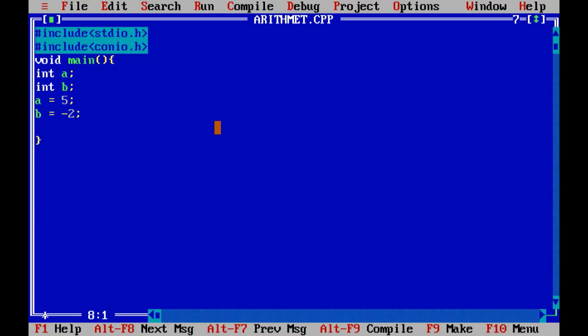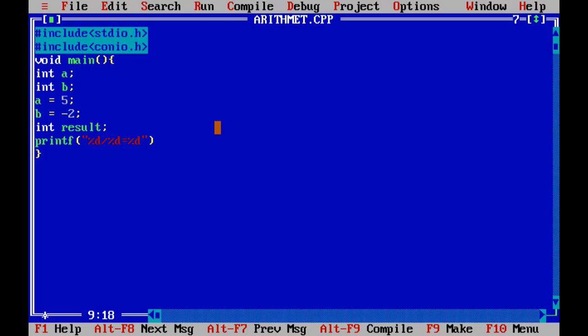Now we are declaring one more variable, result. Now we are making use of printf function. Here percentage d divided by percentage d is equals to percentage d.